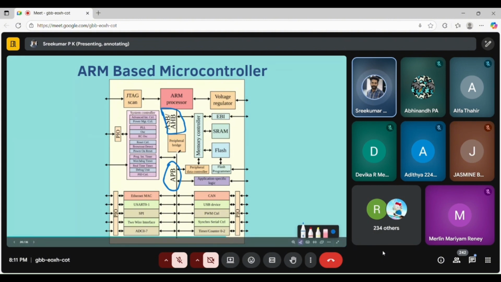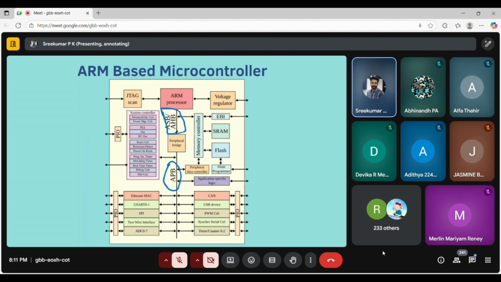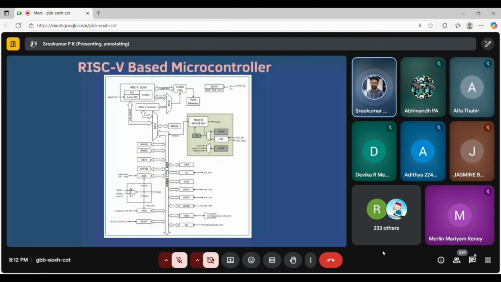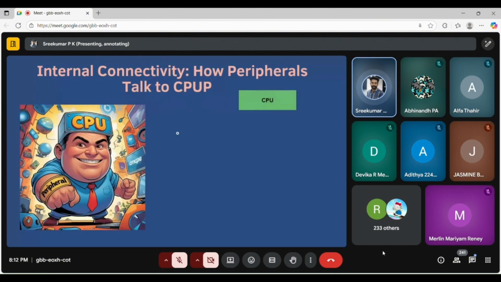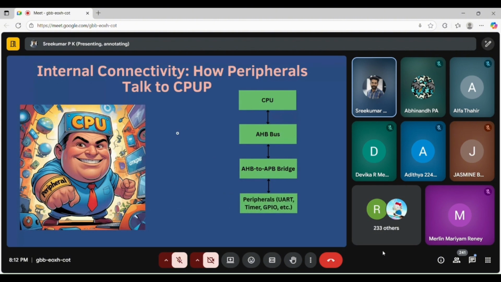If the multiplexing is the other way, it will get memory or something like that. So the APB bus will be enabled, and some CAN information will be read through the APB bus. It will come through the peripheral bridge and go to the ARM CPU via AHB. So this is what happens inside the ARM processor when it wants to communicate with the peripheral. If the ARM CPU wants to punch someone's face, it has to send the signals via this to the peripheral.